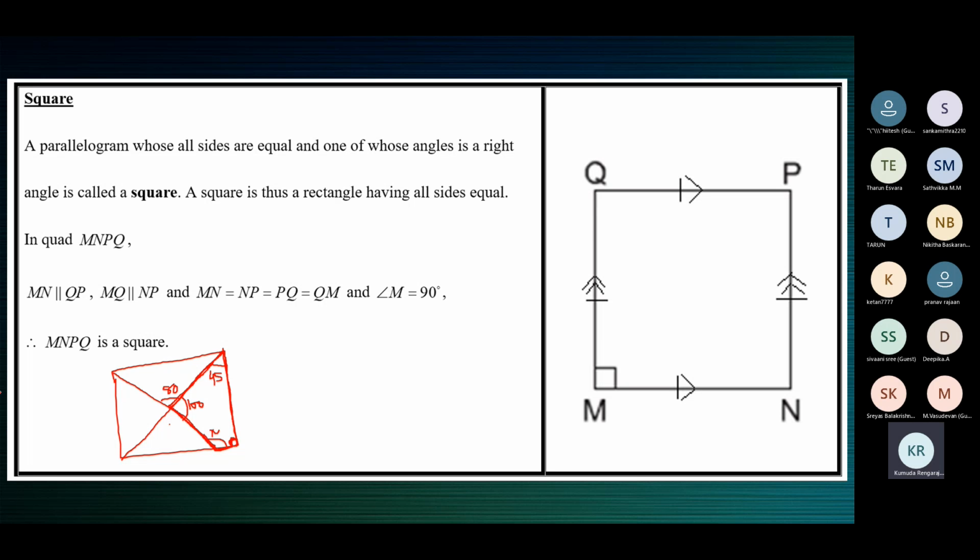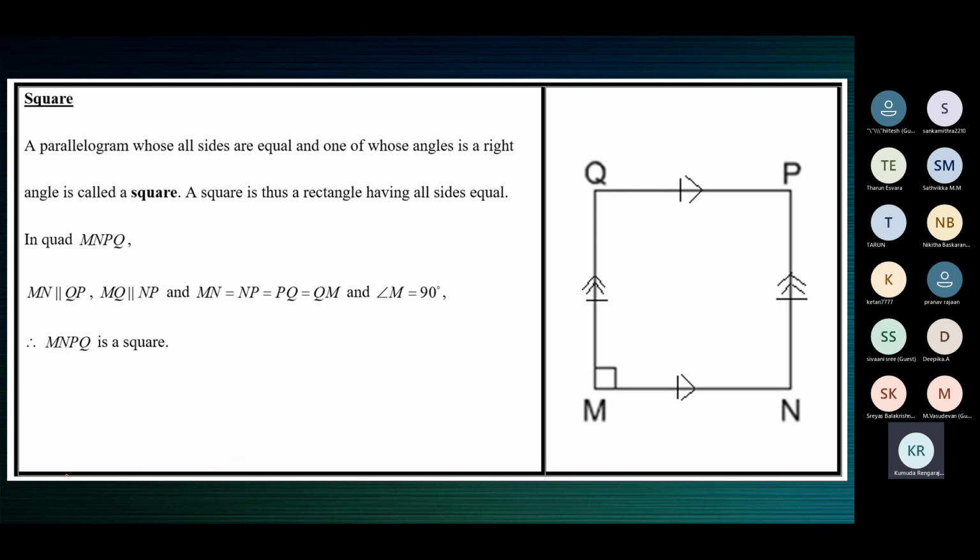So remember when you're asked to find some angle in a square, most angles are defined, but we just have to be careful when one line segment is not the diagonal. We might just take it to be the diagonal, so we'll have to be careful there.